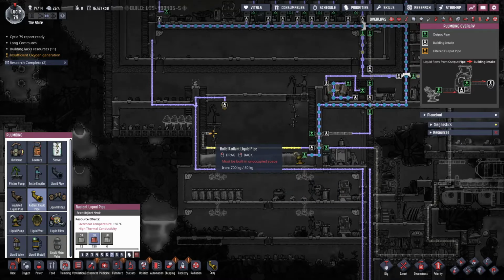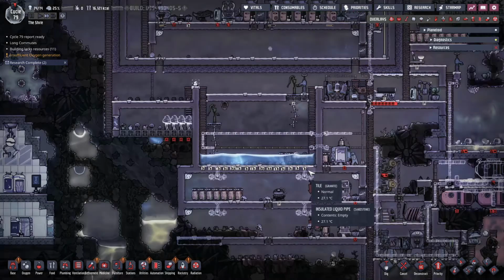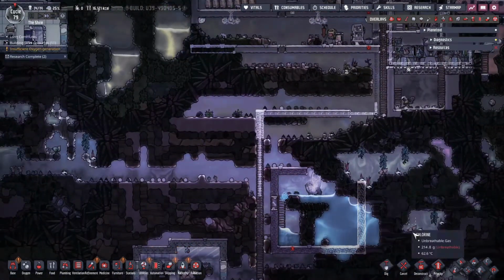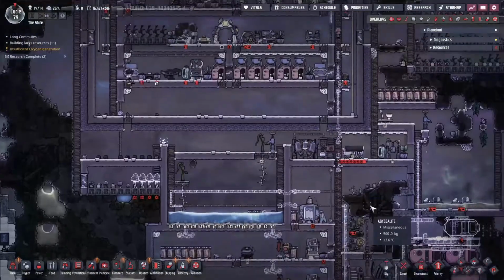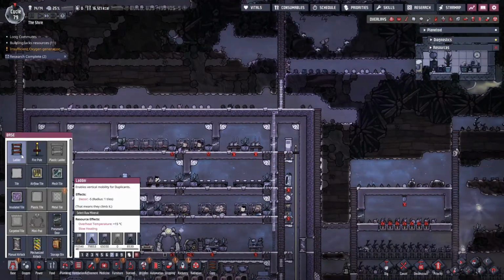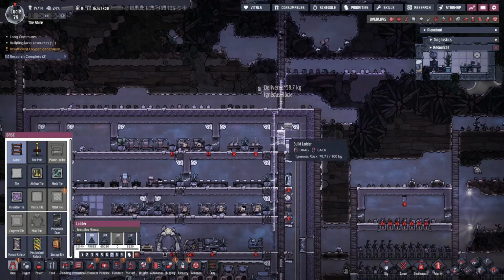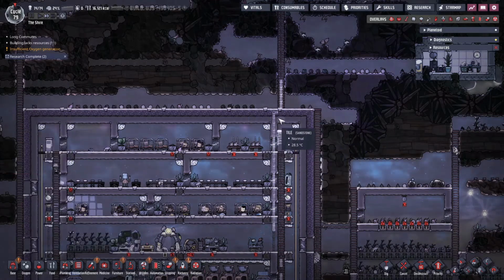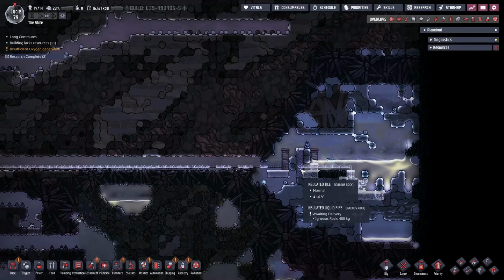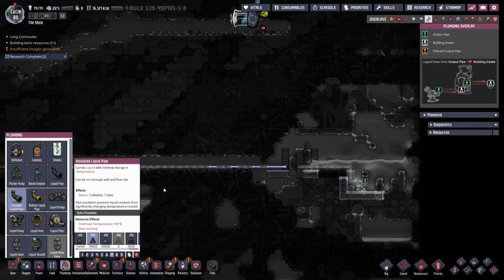Might as well just stick it. There we go. Alright, excellent. There, now they have a lot to work on. We will need to put in a ladder here so that they can get up here and build that little piece. Meanwhile, we've already gotten over here. We've sealed this off. So that means we can go ahead and connect